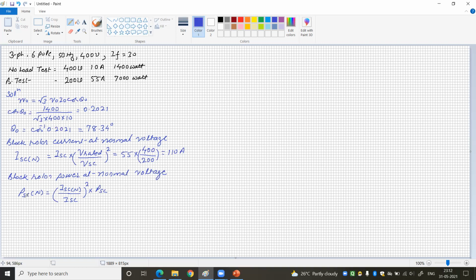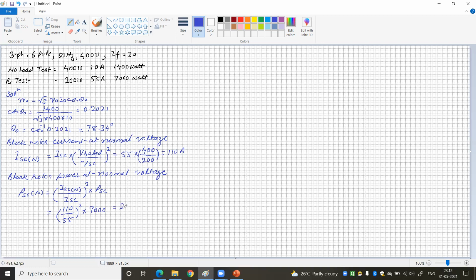As the copper losses is square of current, therefore we have taken the square of current over this one. So here it is 110 volt divided by short circuit full current, 55 ampere, bracket square, into 7000